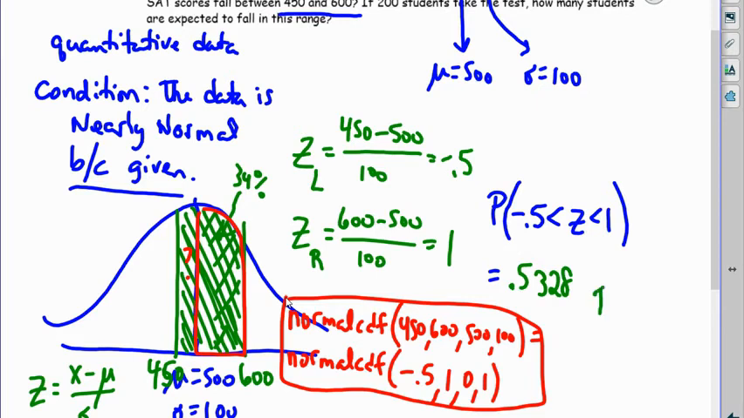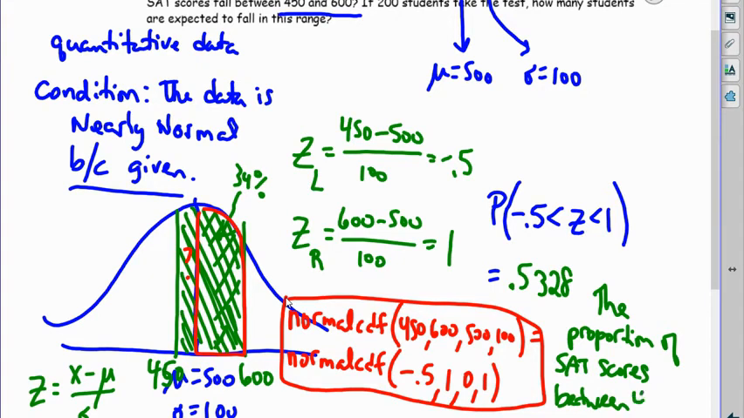The proportion of SAT scores between 450 and 600 is estimated to be 0.5328. So then we have to make a prediction based on that, and if I multiply that value on my calculator,